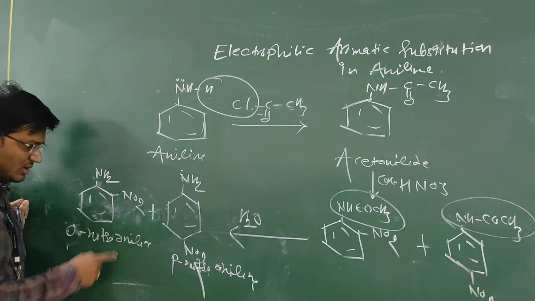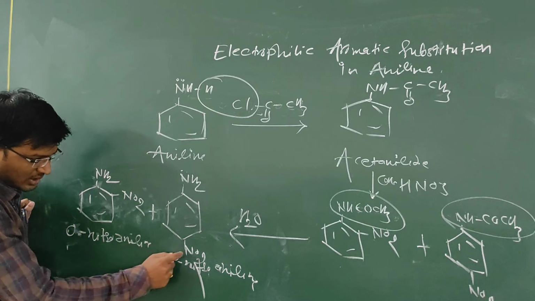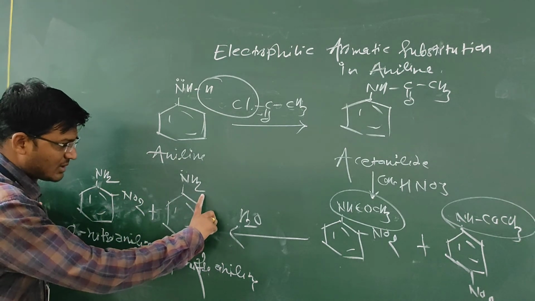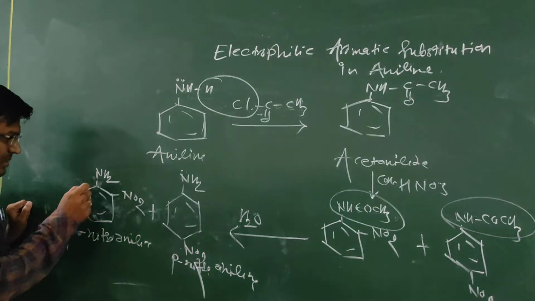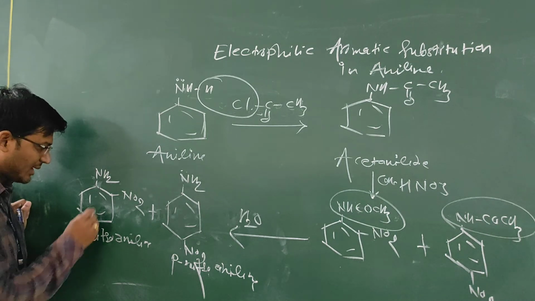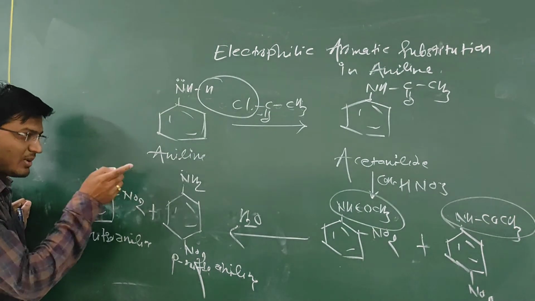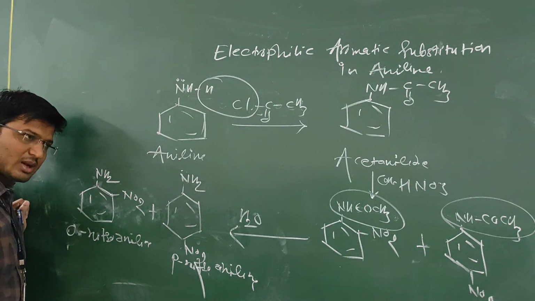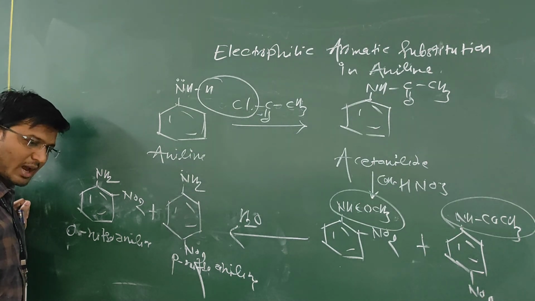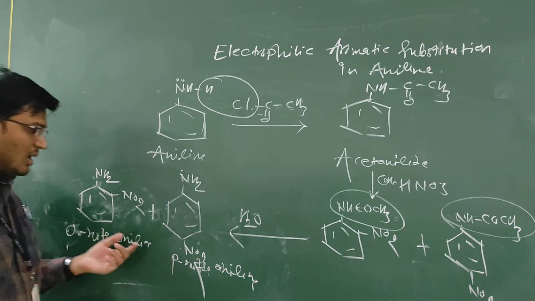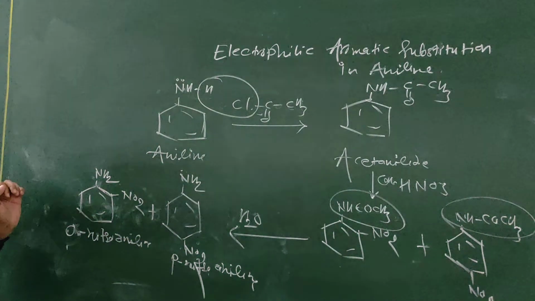See the distance. In one, NO2 is present nearer to the NH2, and in the other, NO2 is present far away from the NH2. Therefore, there is no interaction between NH2 and NO2 in the para. Here, in the ortho, the interaction takes place. Though it undergoes hydrogen bonding and becomes stable, at the same time, when some amount of acid, concentrated HNO3, is present, it undergoes anilinium ion formation. This anilinium ion acts as an electron-withdrawing group, and the system becomes unstable. Therefore, para-nitroaniline is more stable than ortho-nitroaniline.